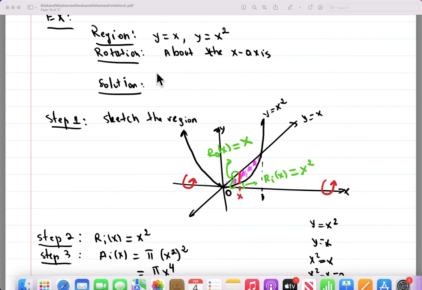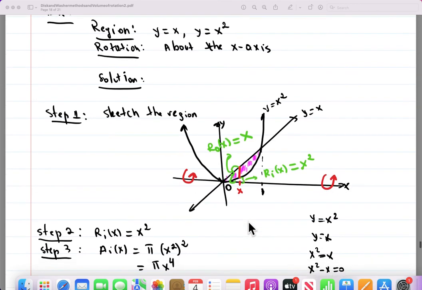And then the line of rotation is with respect to the x-axis. Okay, so we put those curved arrows there. So now the question is to find the inner radius and the outer radius. So we draw our cross-section line, and so the bottom end of the cross-section line to the x-axis is the